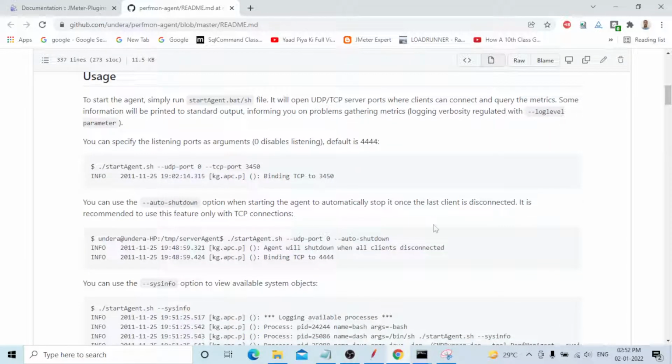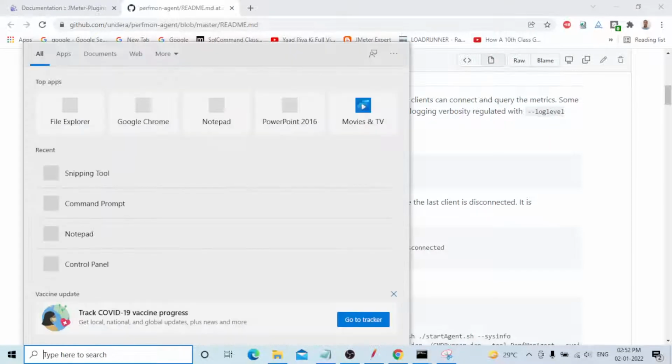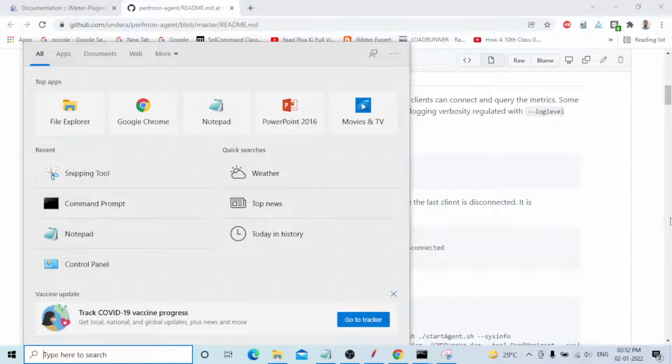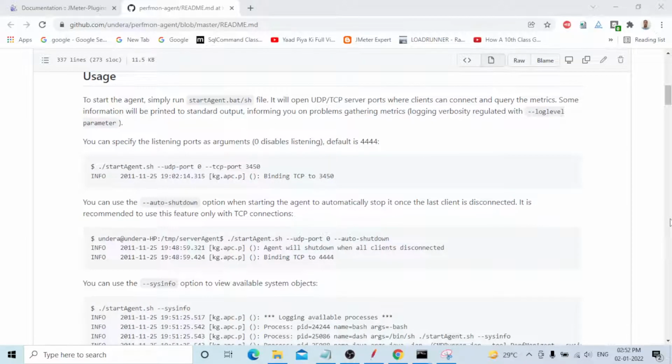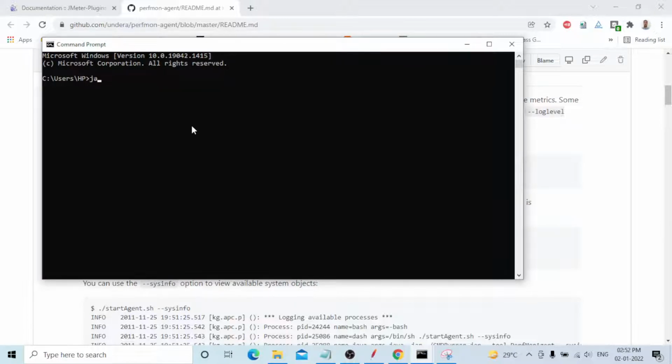This agent is also developed in the Java language. An important thing: you need Java installed on your computer, it's mandatory. For example, I will go to the command prompt and type java space hyphen version. You can see the version. Minimum you need to install Java 7 or higher.